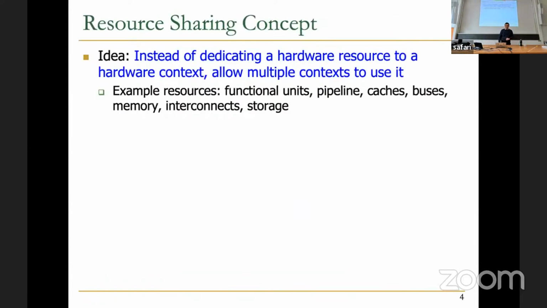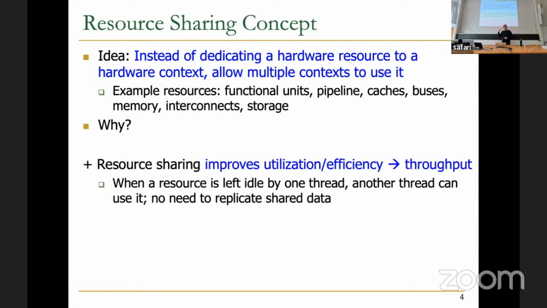Okay, so why do we share resources? Because we don't want to waste things, right? If you dedicate a single resource or a single slice of the memory system to a single core, what you're doing is really replicating the resources, right? This is replication in the end. There could be many resources that are shared: functional units, pipelines, caches, buses, memory, interconnects, and storage. If you dedicate all of that to a single core, and if you replicate them, it's very expensive in the end. So if you share resources, then you improve utilization and efficiency, and that leads to higher throughput in general,